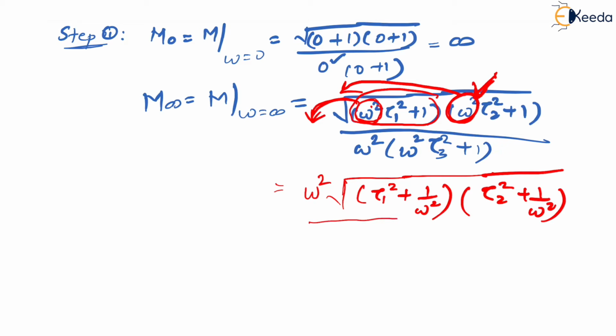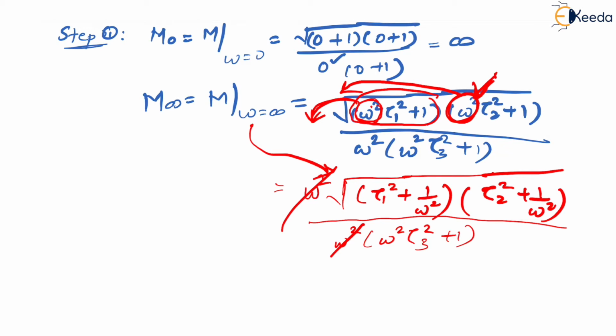Is that correct? Yes. Now divided by the whole thing, divided by what? Omega squared into omega squared tau 3 squared plus 1. So omega squared cancels. Now if you put omega equal to infinity, then what you get is